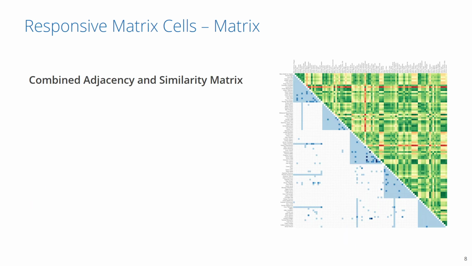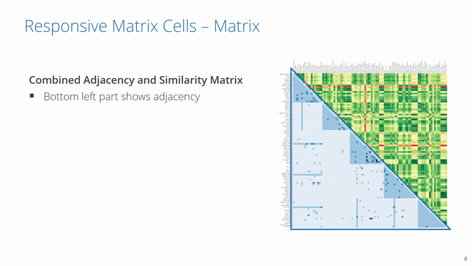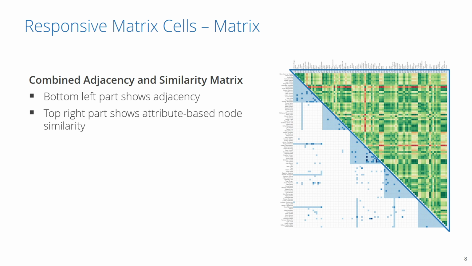It consists of two parts, the adjacency part and the similarity part. The adjacency part is the bottom left, showing if an edge exists between two nodes as well as its weight. This allows analysts to recognize structural patterns, such as clusters or hubs, as well as identifying links with strong or weak connections. The top right part shows the attribute-based node similarities for each node pair, thus a calculated measure such as the Euclidean distance across all node attributes. A dark green encoding means that two nodes are very similar, and red that they are quite different. This also allows to discover groups with similar nodes or outstanding nodes.